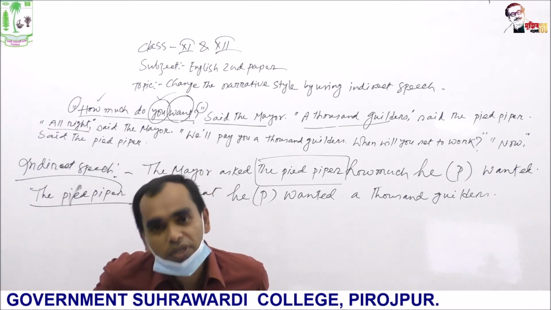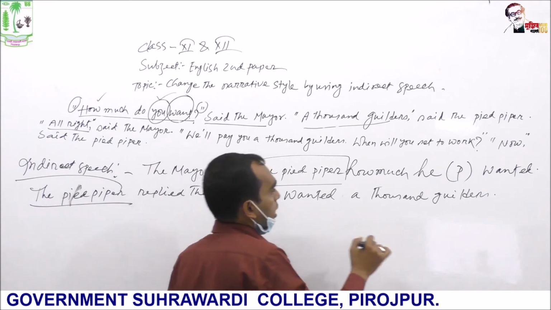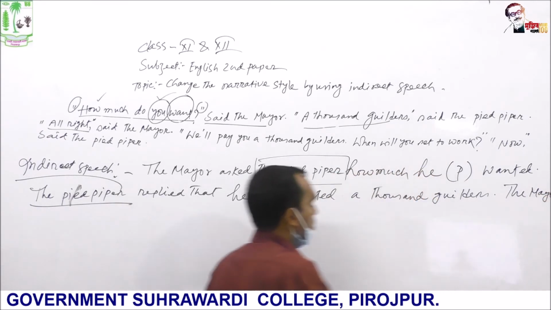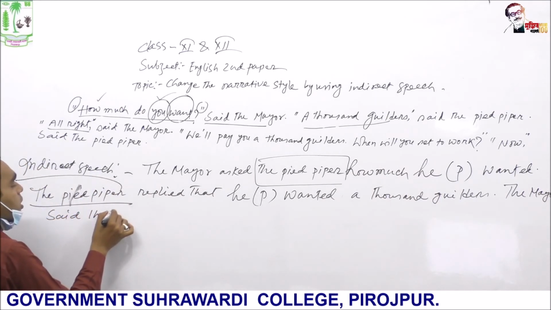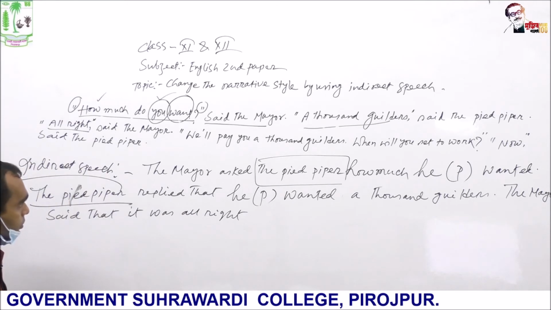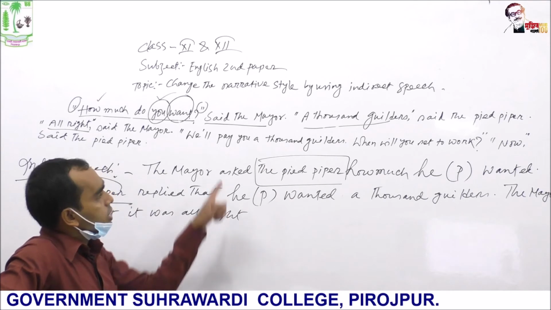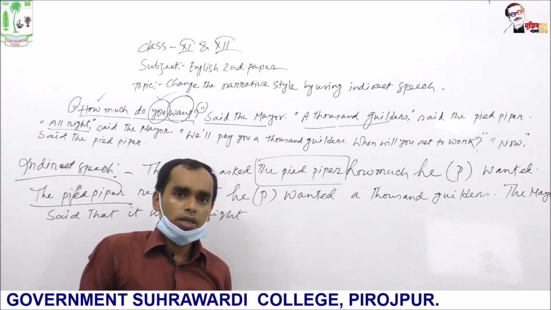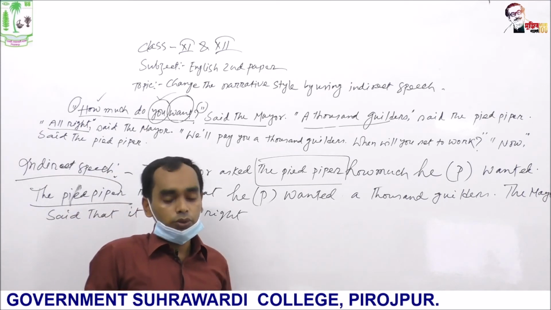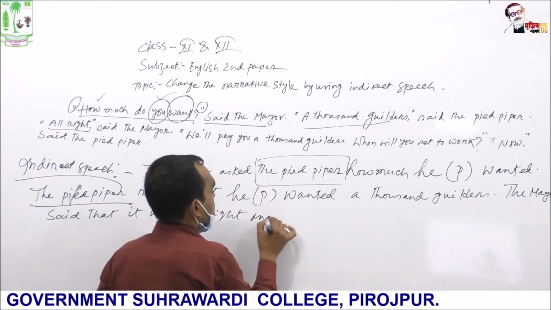Next, all right. Here this sentence is not complete. The complete form of the sentence is, it is all right. So we can write, the mayor said that it was all right. We shall pay you 1,000 guilders. When will you set to work? All the sentences have been uttered by a single speaker, and who is the speaker? The mayor is the speaker here. So we can write the answer within a single sentence, and that's why we can use and, added